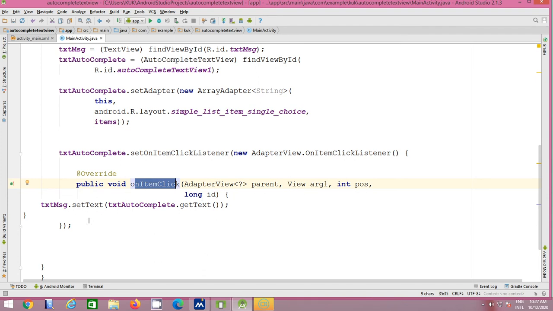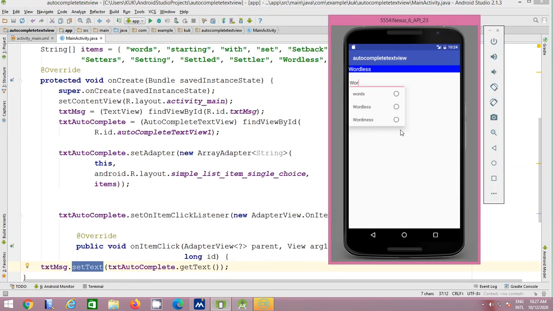We simply change the value of the text view by using the method set text, and that value is obtained from autocomplete text view dot get text. That value is the one selected by the user in the autocomplete text view, and it is obtained here with autocomplete dot get text. So we have obtained the value from the autocomplete text view, and that value is displayed in your text view. So that is the implementation of your autocomplete text view.